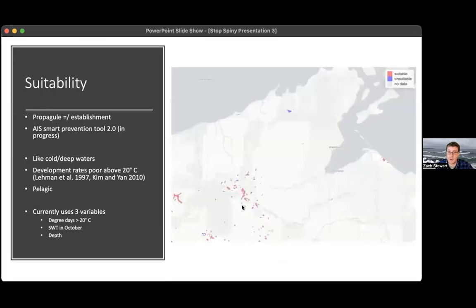Tonight we're based over in Ashland with Aaron and the Lake Superior Collaborative. So here's a map from that same prevention tool showing a broader area of Lake Superior's South Shore. And as you can see, there's quite a cluster of suitable lakes right here. This is Bad River Slough, I think. That definitely looks like a modeled suitable water body. And then there's some real tiny ones west of Washburn here. And, you know, I would keep an eye on all water bodies regardless of modeled suitability, because like I said, this is not a guarantee that any given lake is going to be safe from spiny water fleas.